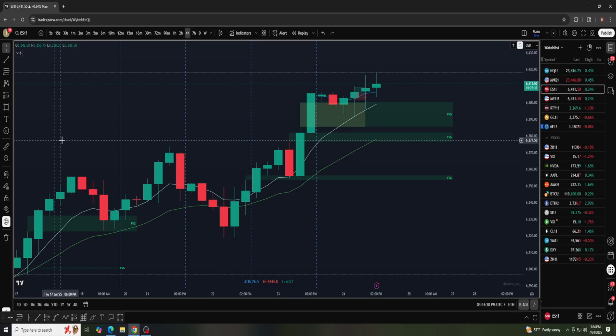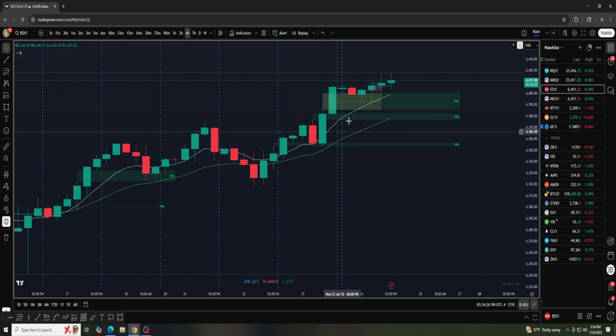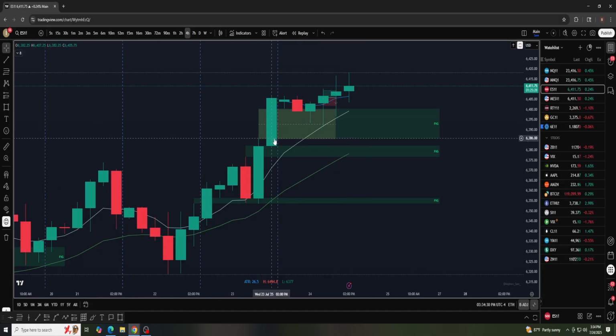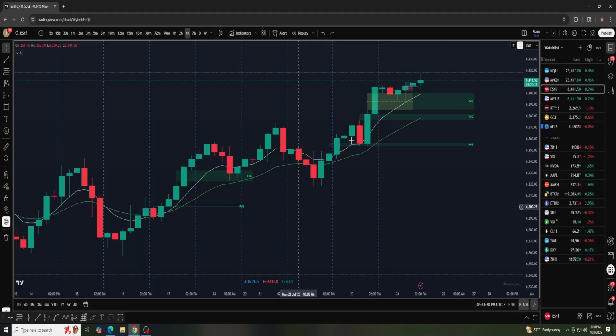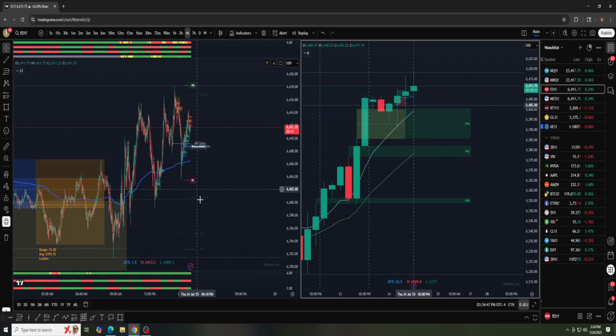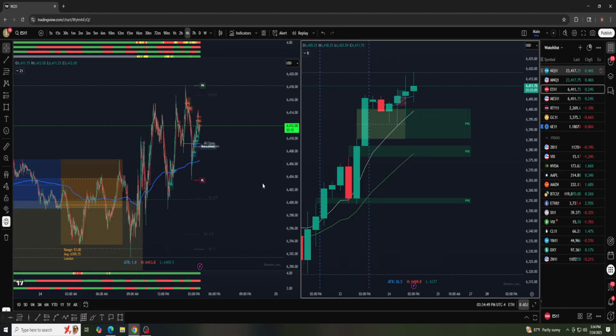Today was a -2R loss day for the one dot entry function, but there were ES setups to be had. So this is the 4 hour chart of the ES, same kind of situation. This 4 hour fair value gap holding its mean threshold ICT thing. So if you just look at this chart and you just have a bullish narrative, so you only want to take bullish setups, going back to the NASDAQ,